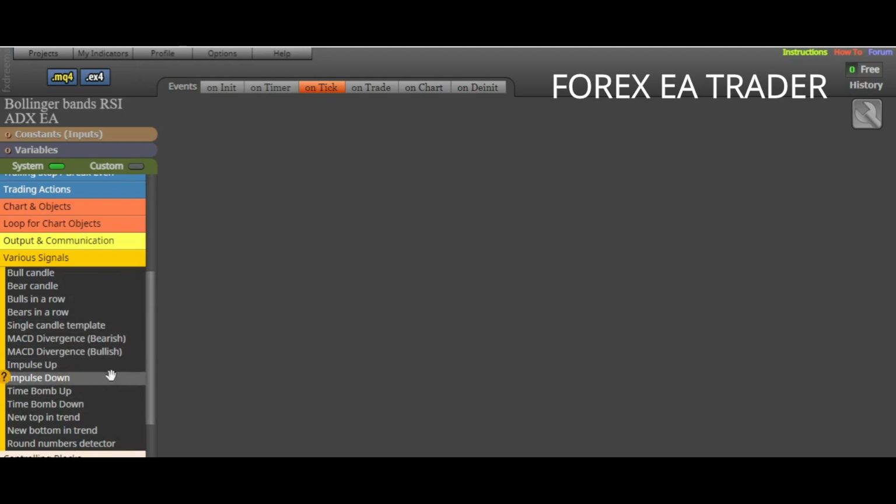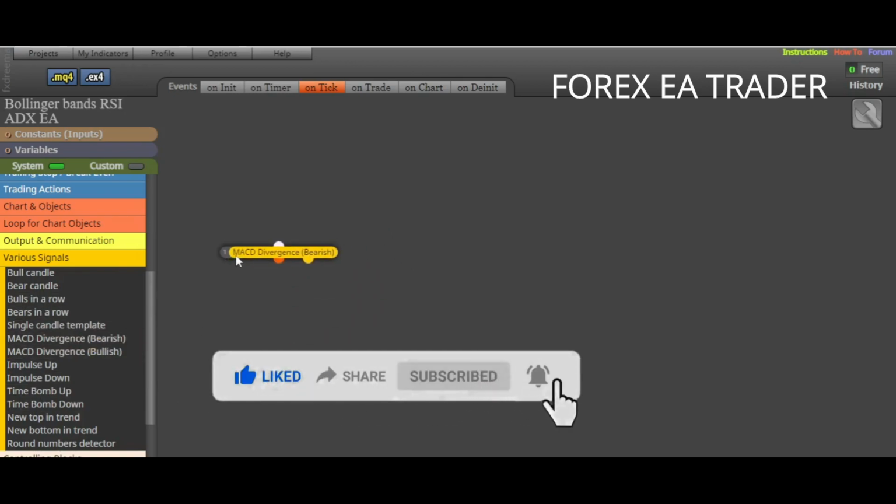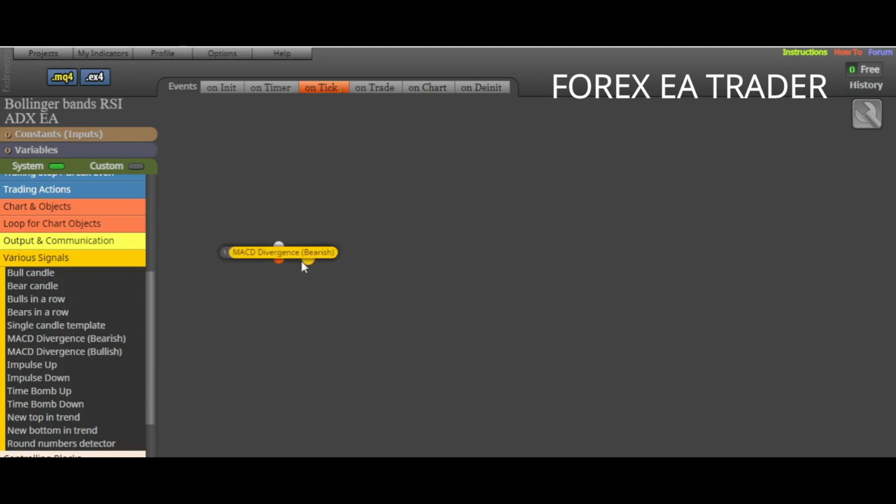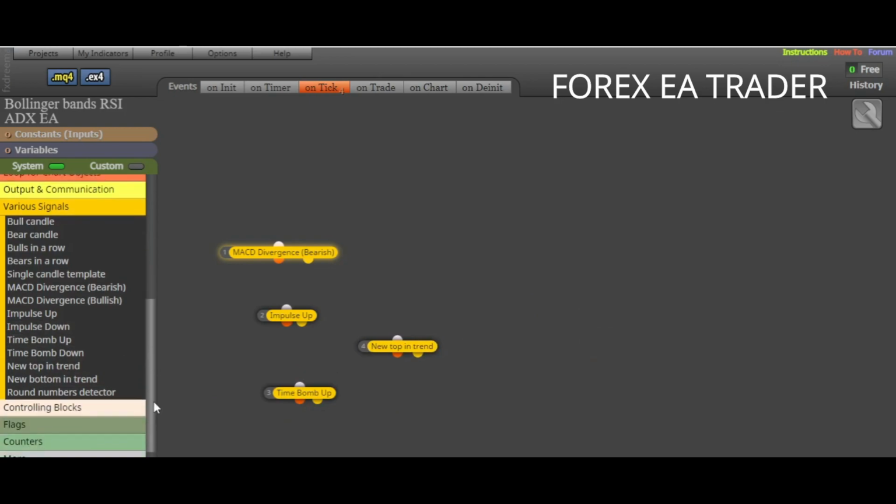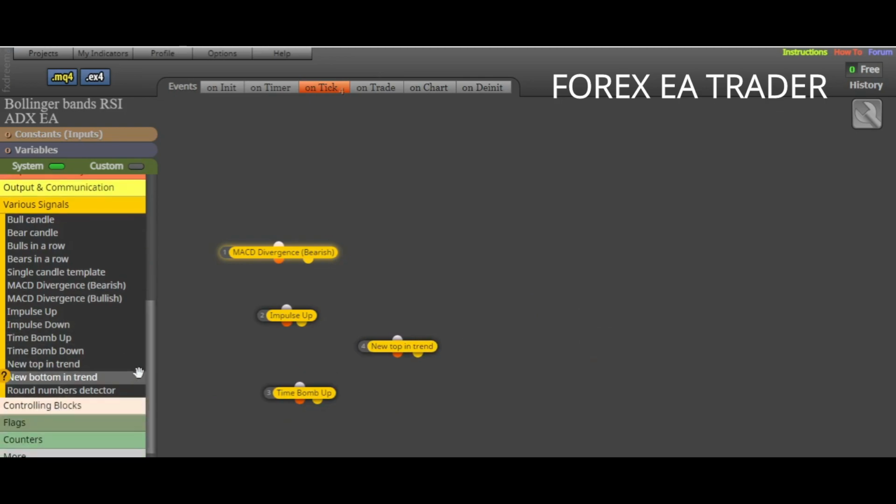What you'll find is we have the MACD divergence, a signal that you can simply use to create forex robots. We've got the impulse up, we've got time bomb, we've got new top in trend. You can use all these as signals to quickly create a robot. But